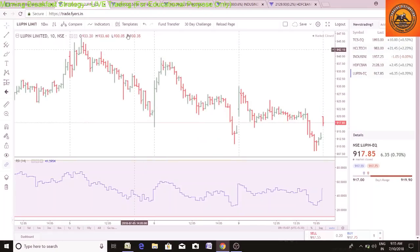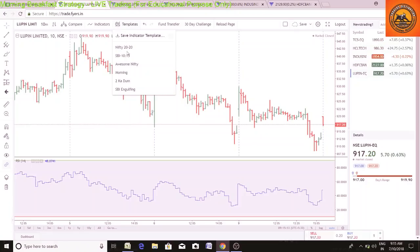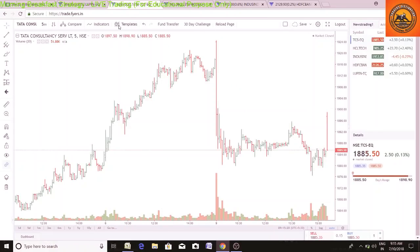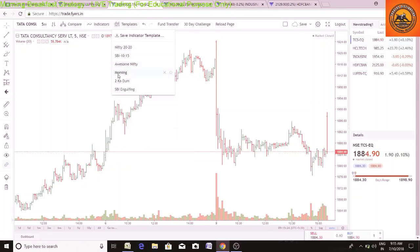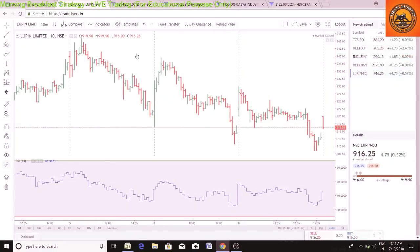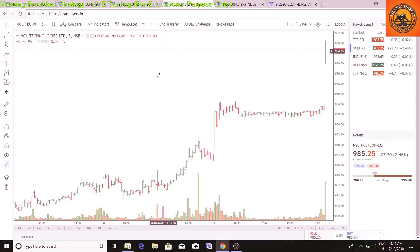So this is the template over here. I've already named the template as a morning template strategy. So where is it? Yeah, morning. Okay, so this is the template name. Just put the template over here everywhere. The moment you put the template